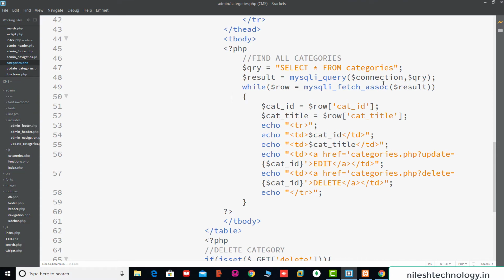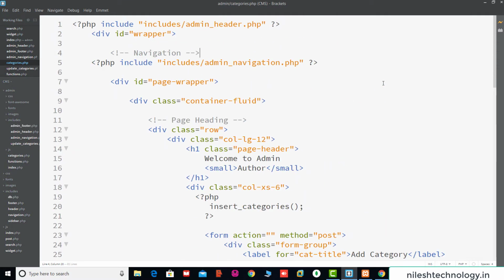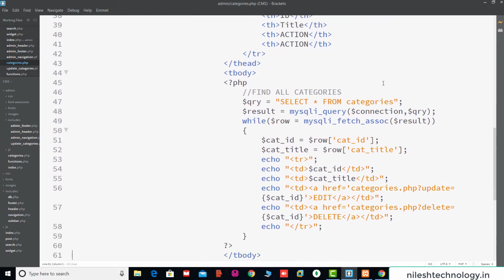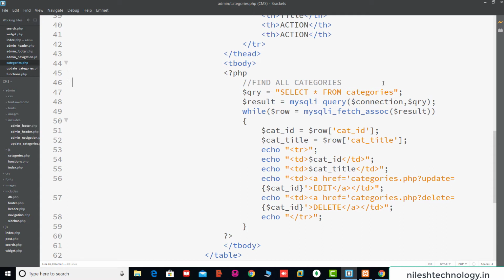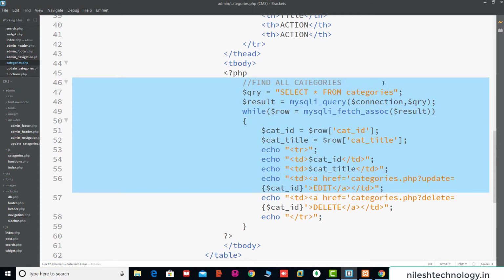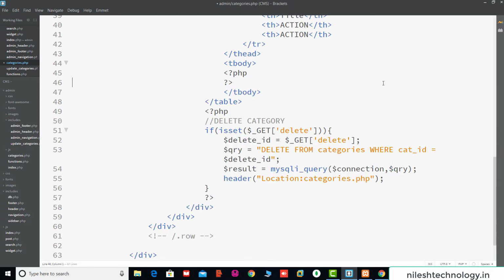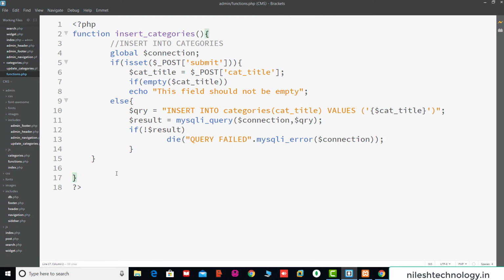So this was find all categories. See here, we moved all this data into insert_categories. Same here, we move this data. So we move this find all categories code into a function. So cut this section, going again to this functions.php file. Here we create another function.